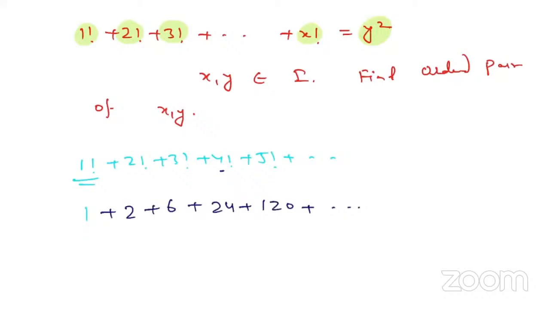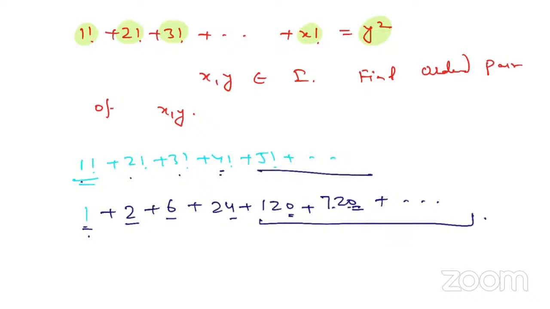When we have to add all the numbers, what are we getting? 6, 2, 8, 9, 4, 3, and this is 0. This will be 720, so the unit place will contain 0. When you are adding 1 factorial, 2 factorial, 3, 4, and after that, this will be 0. So the unit place is 3 only. So if I'm going up to factorial 4 or more than factorial 4,